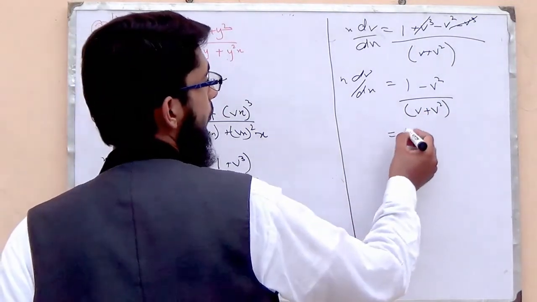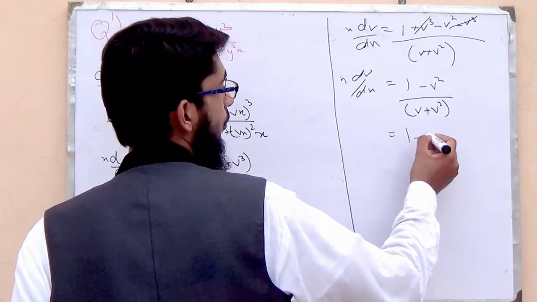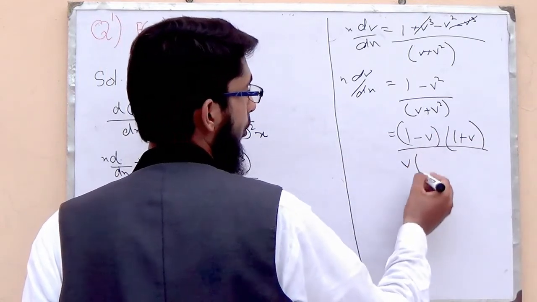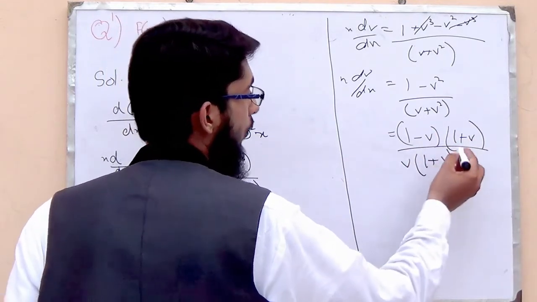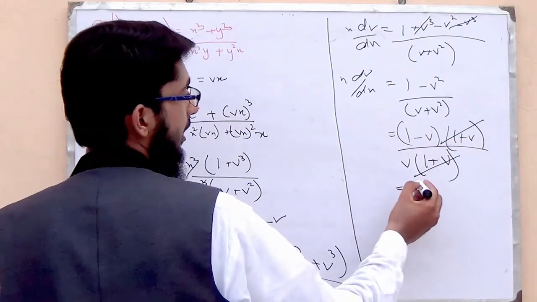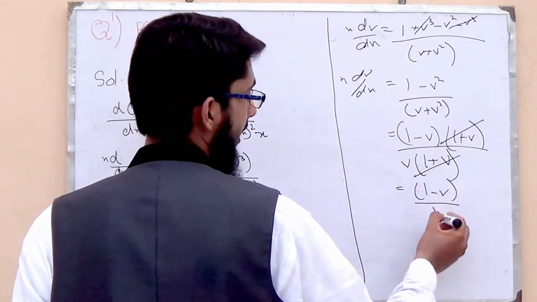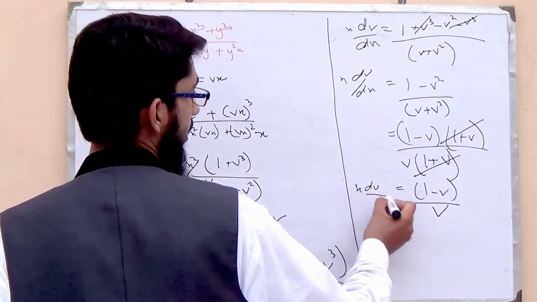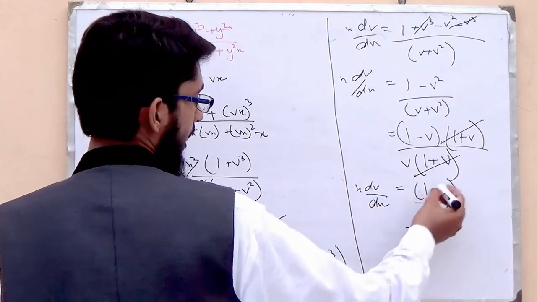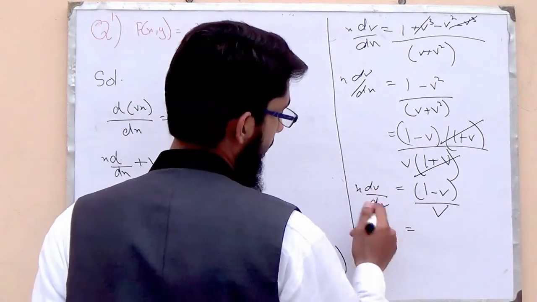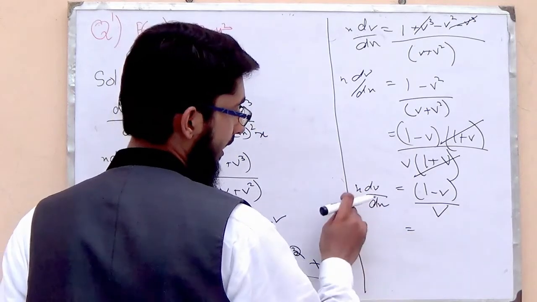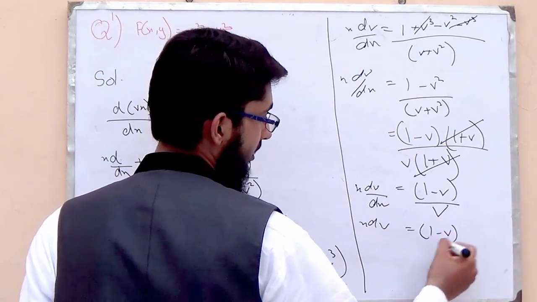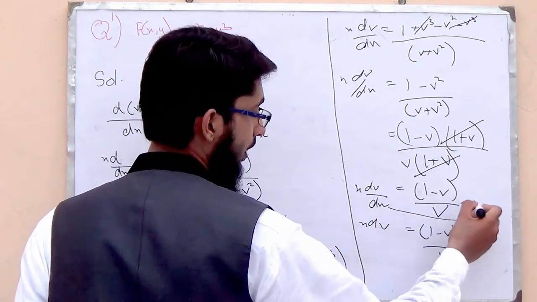More we can solve it: v, 1 minus v and 1 plus v, and here v will be common, 1 plus v will remain here. We can cut off 1 plus v, 1 plus v, and then we will get 1 minus v and v here, and here we will have x dv over dx. By taking the v values to here and x values to there, first of all x dv, 1 minus v, and get this to here,